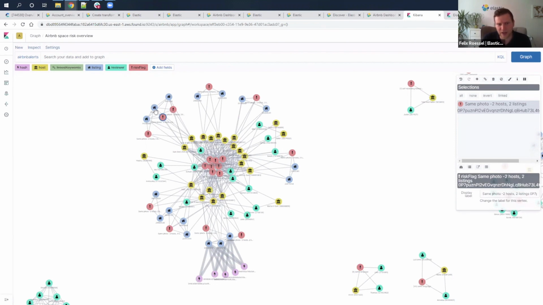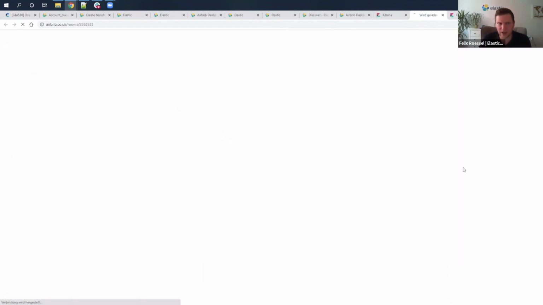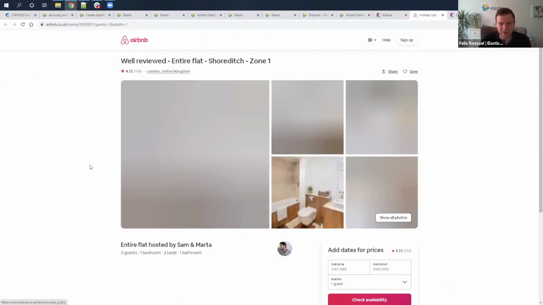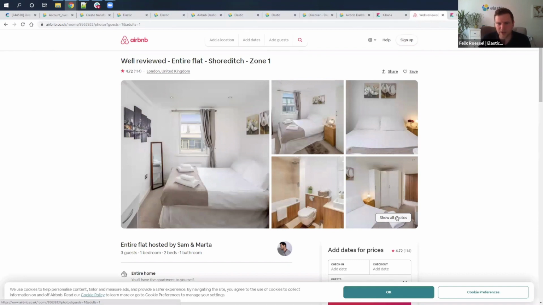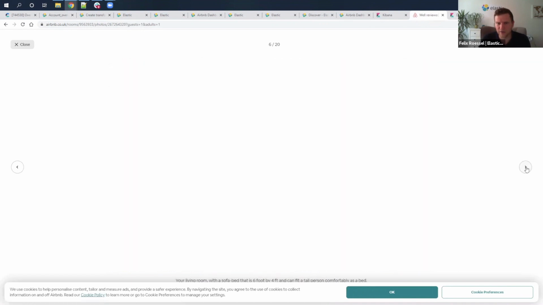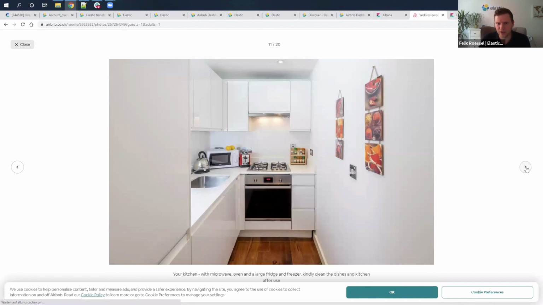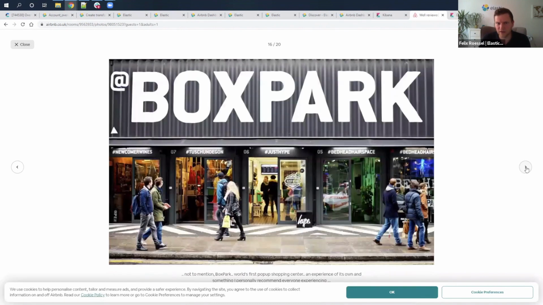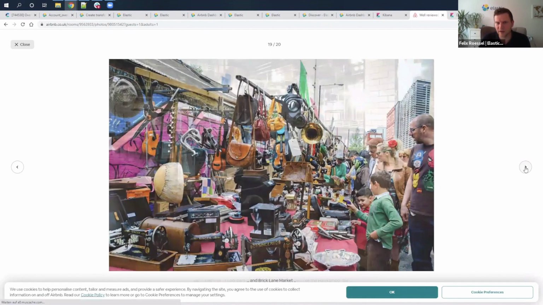We can have a look into this, open dashboard, listing photos. So we can have a look into Airbnb itself, and then we will see this specific room, and he probably has some pictures of London here, and he is reusing this, which would be fine. So let's have a look. So this is a nice flat. And then he is using something like this in every one of his